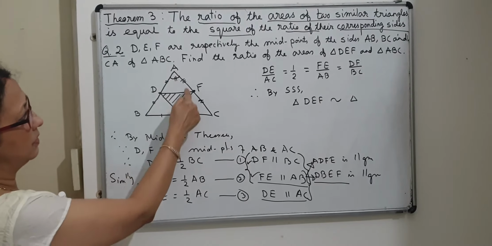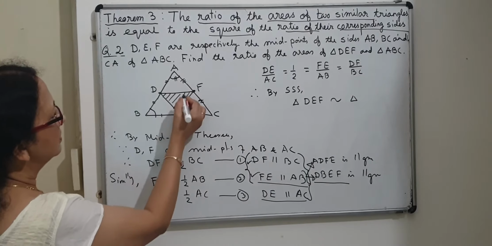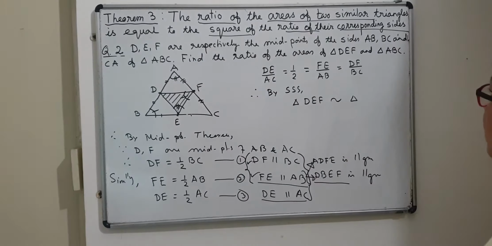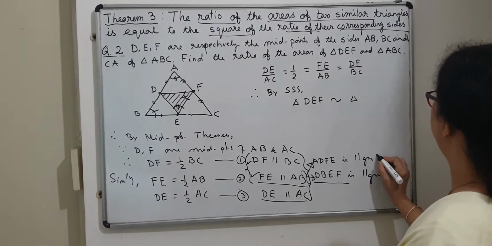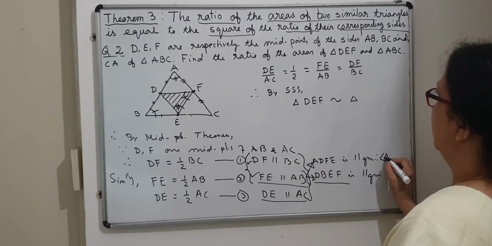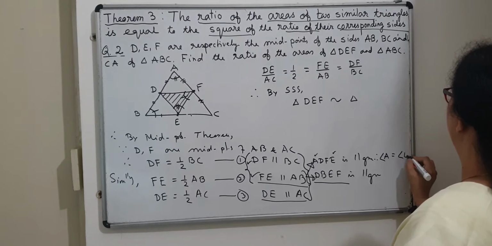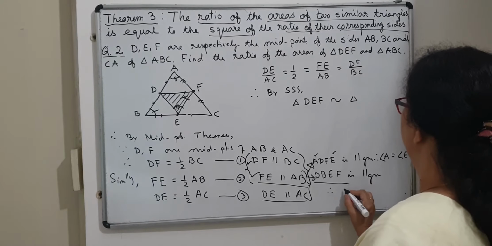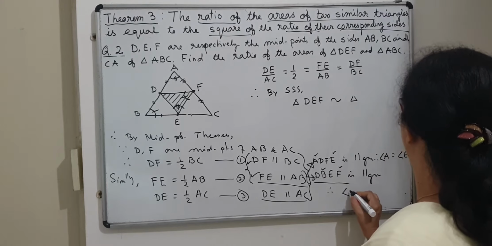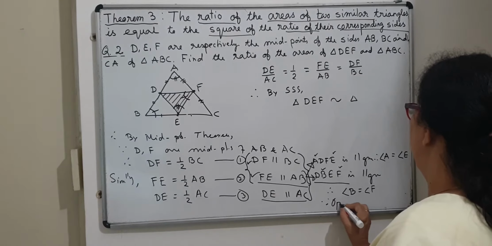So when I consider this parallelogram, the opposite angles are equal, and when I consider this one, this angle is equal to this. So we can write this down. I have written that these are parallelograms. From this, we can write, therefore, angle A is equal to angle E, since opposite angles are equal. And here, from this, angle F is equal to angle B, or B is equal to angle F, since opposite angles of a parallelogram are equal.